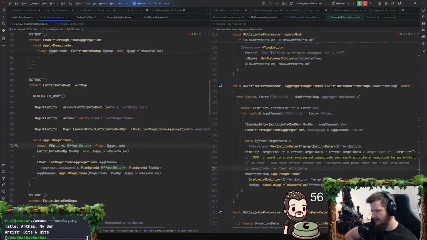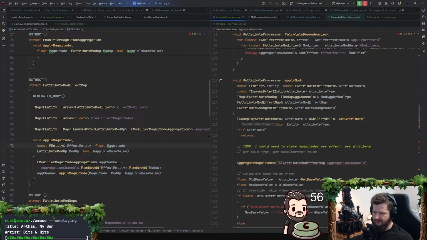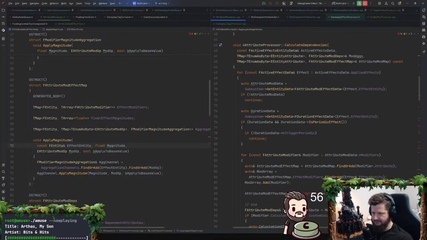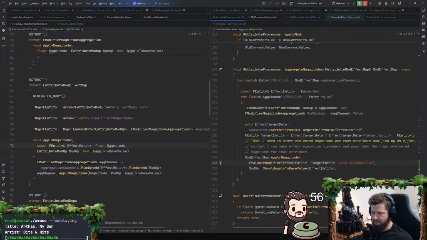Have I already added all of the... I don't have the attribute modifier. Dude, everything's red. Target entity should apply to base value.